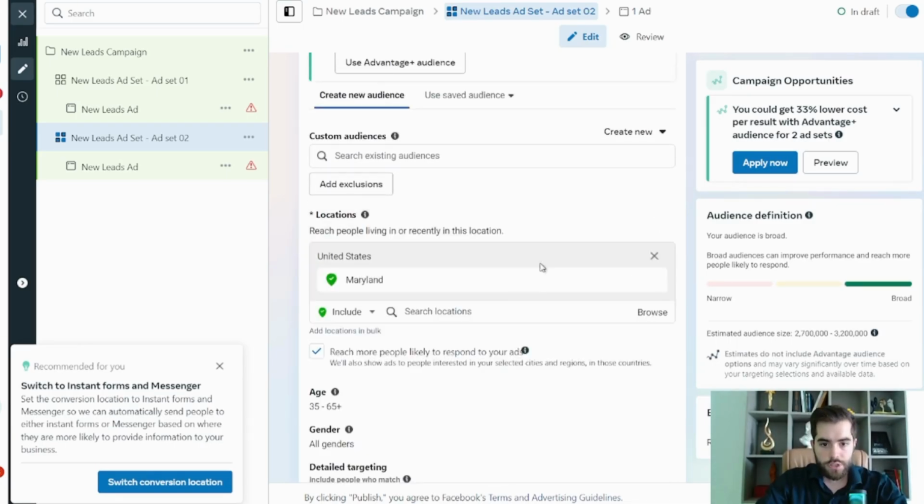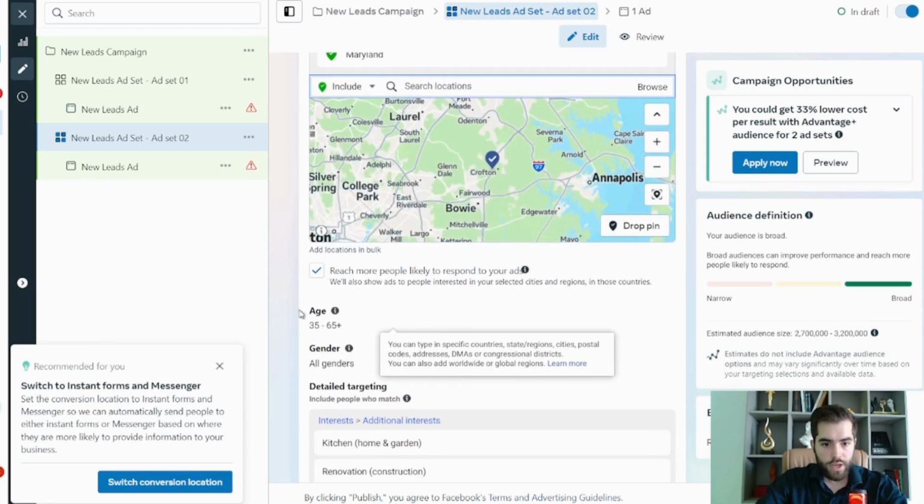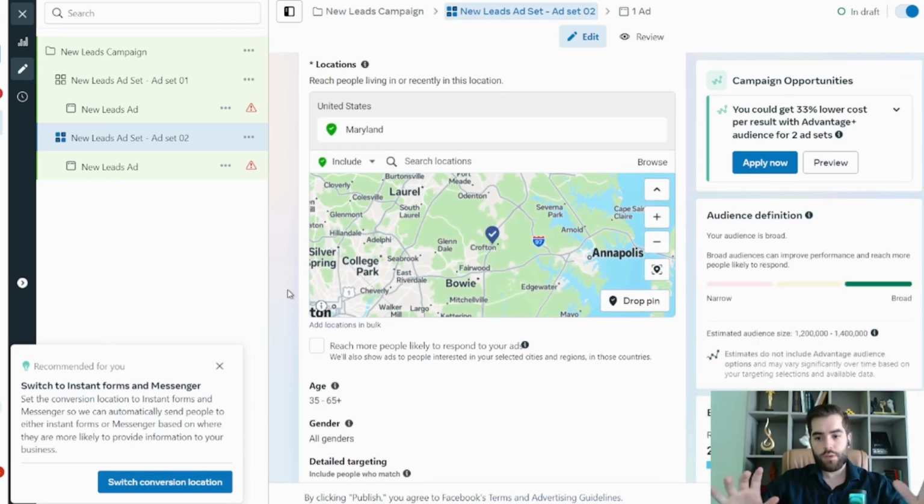So about the locations, we are on the best way to get a good segmentation that we wanted to focus. One thing that you have to understand about location targeting is that when you have the geographic area that you want to advertise, this is something that will not change. When you have your state or city or neighborhood that you only work in, you're not going to create another ad set to advertise